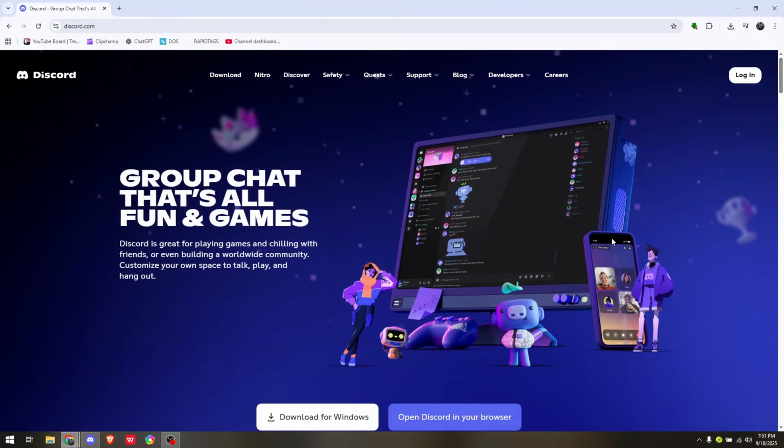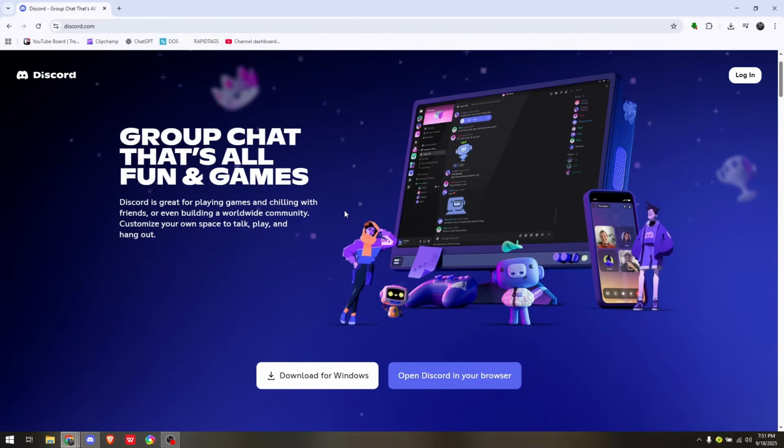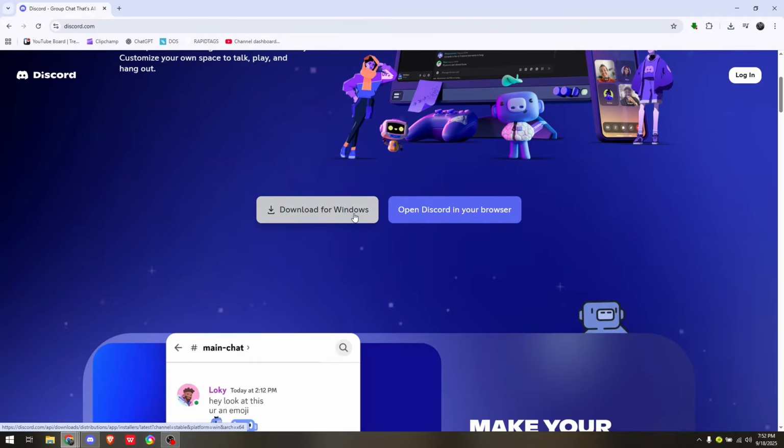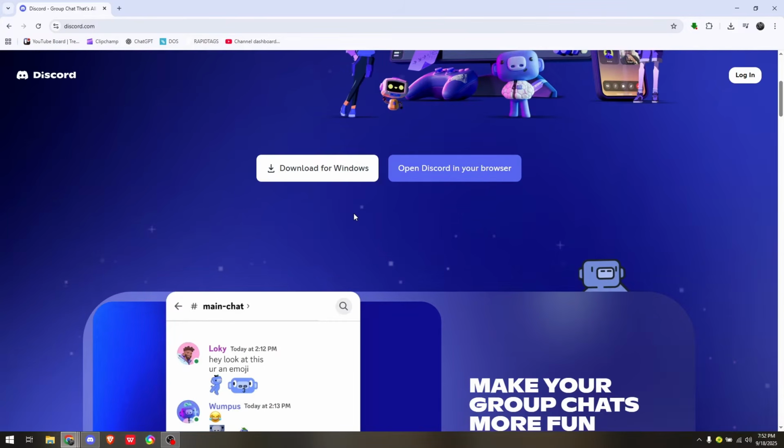How to fix a waiting endpoint on Discord. Now, first things first, a waiting endpoint error on Discord indicates that the client is struggling to